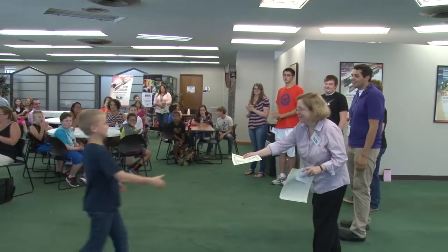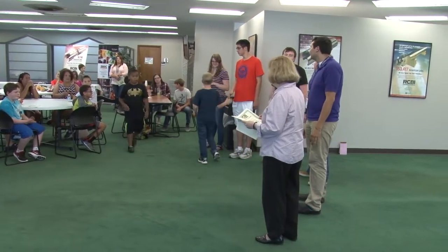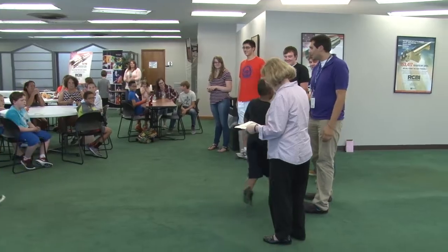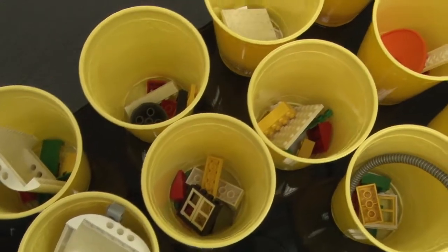The Robert Seabird Institute for Advanced Flexible Manufacturing was excited this week to help kids kick off a summer of fun. The activities with robotics, the interactive activities that involve STEM skills, science, technology, engineering, and mathematics. They get hands-on experience with robots which they may not have had before. These are sort of new campers that came to us this week. We hope that they gain the skills this week that are going to help them as they move along, and